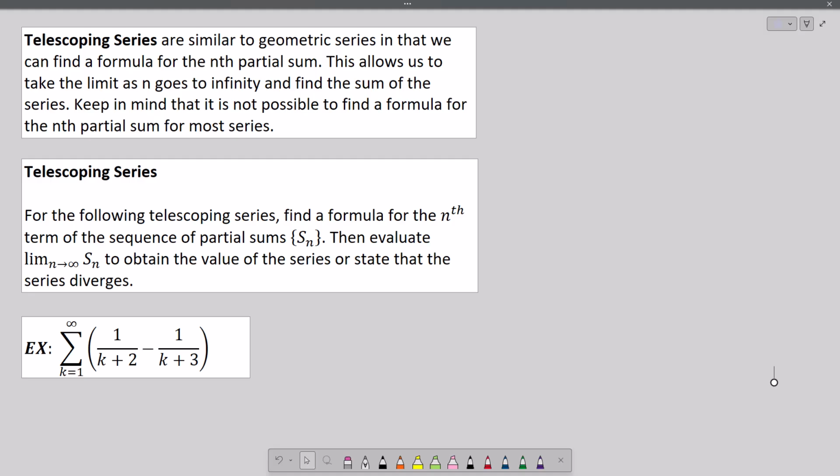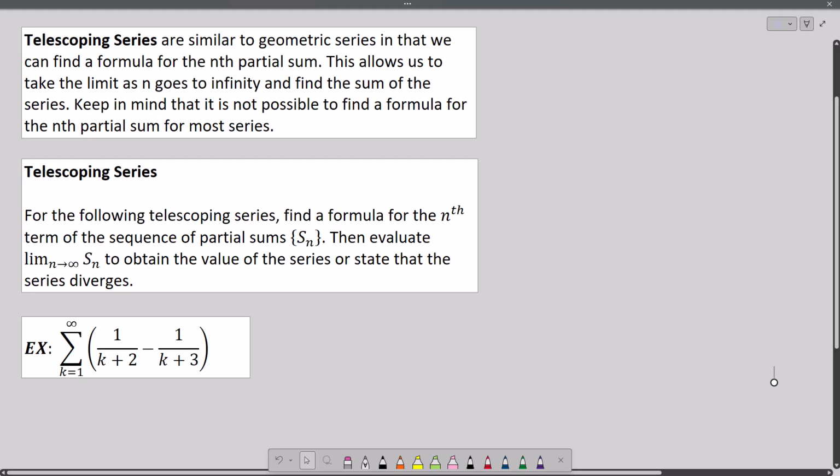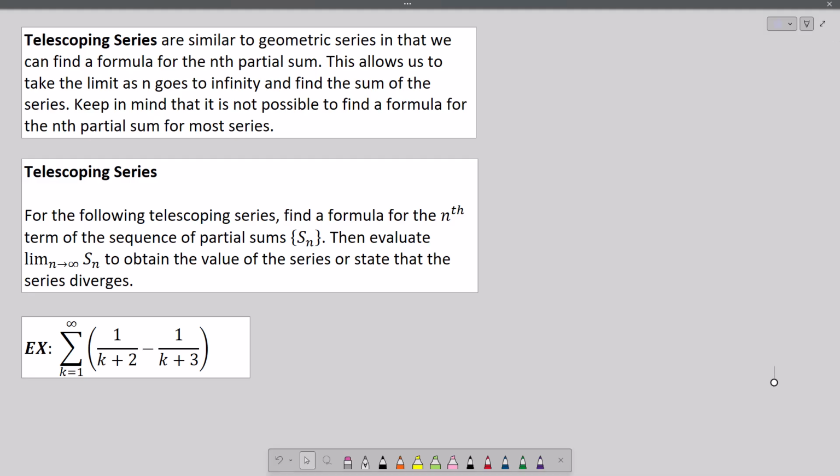So the only two series that we are going to be able to find the actual S for are telescoping and geometric. All the other ones we'll be able to tell, do they converge or diverge, but we won't be able to tell what they converge to. And so in general, that's the situation. When you get into other classes that use infinite series, if it's not geometric or telescoping, you have to come up with different techniques. So if you take a numerical analysis class, you'll figure out techniques to figure out how